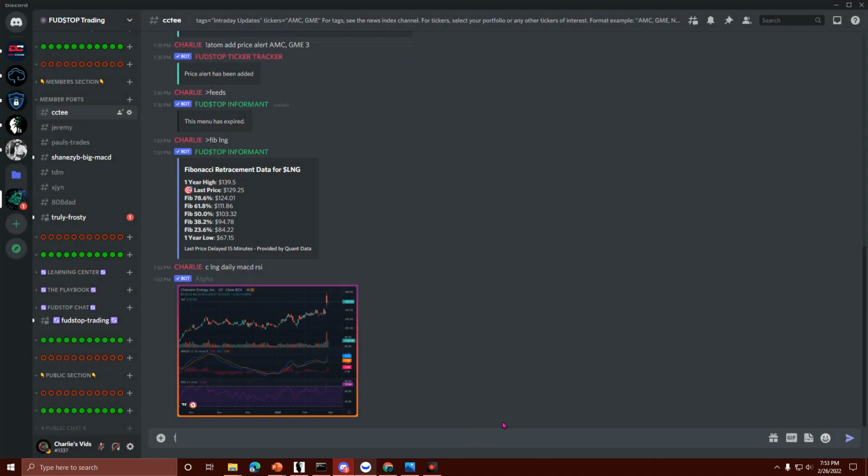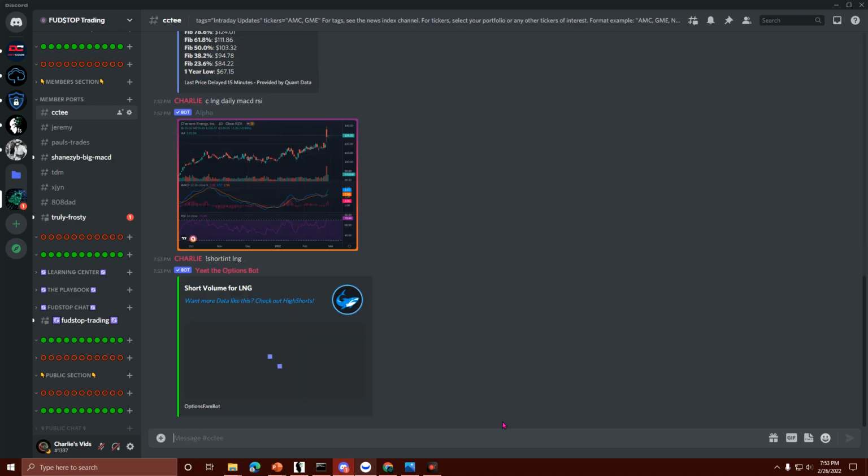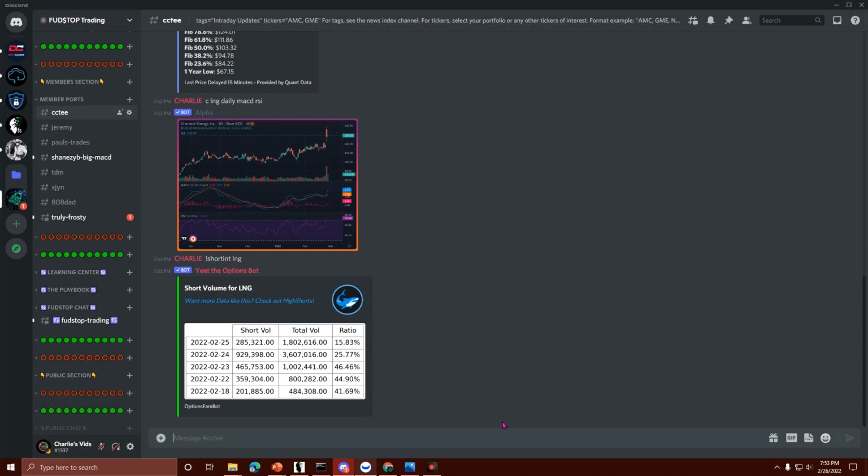If you also wanted to check short interest, you could put our short volume. Short int, the command is backwards to the reality, which is confusing, but short int shows short volume, so short int LNG. We can clearly see that the short ratio is very low, which is what we would expect if we would expect the stock to come down.